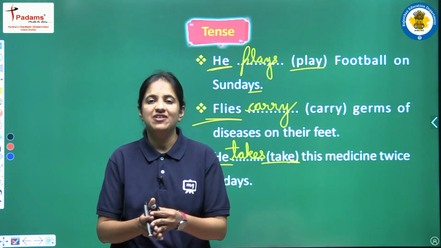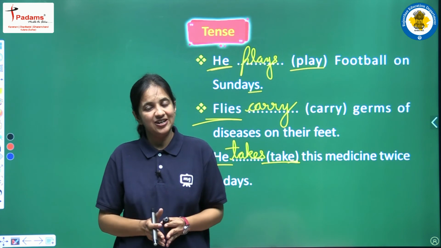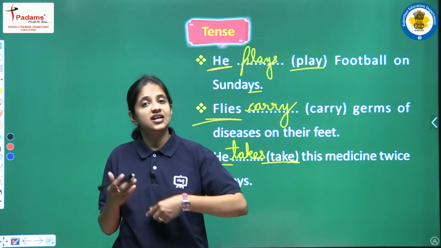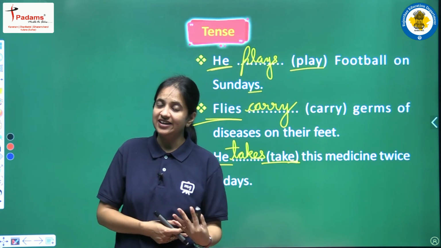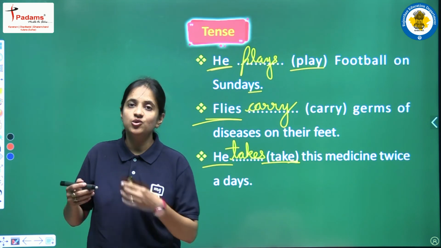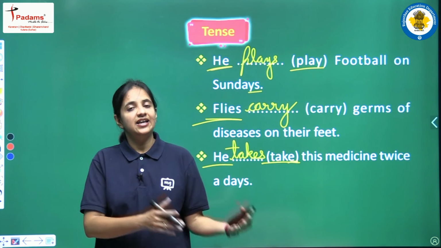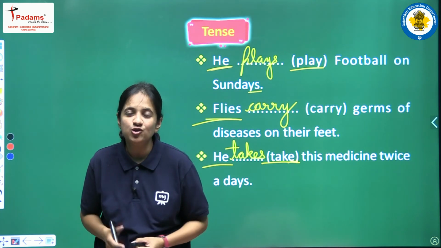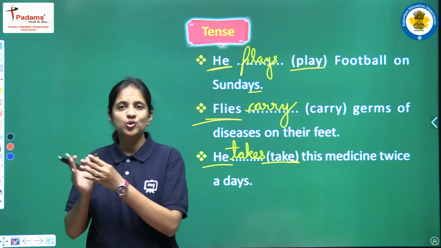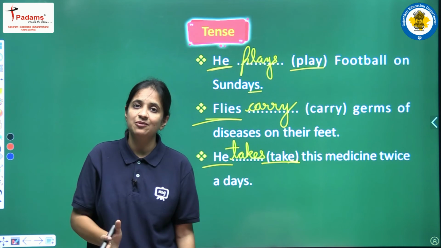Okay, so I am very much sure that now all the rules, everything is clear to you, and no confusion, no doubt is there. Okay, just read all the rules again and again, and just learn all the rules by heart. Okay, because only when the rules are learned will you be able to identify the sentence, and then only you will be able to observe the tense, and by learning the rules of helping verb and main verb you will be able to fill in the proper, correct answer.